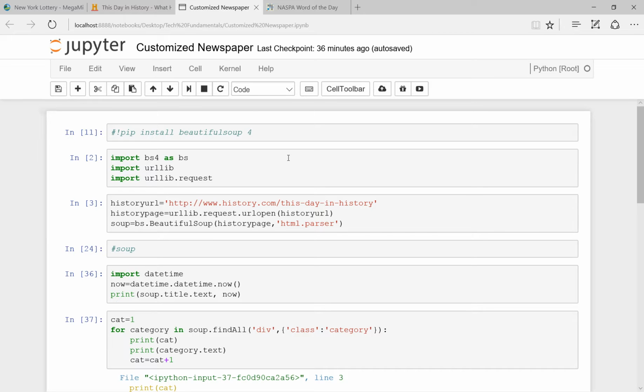Jupyter notebook. First thing you're going to have to do is install Beautiful Soup, and then import BeautifulSoup 4, import urllib and urllib request. If it feels like I'm rushing, I am. I have 10 minutes to get through this tutorial before my video recording quits on me. So